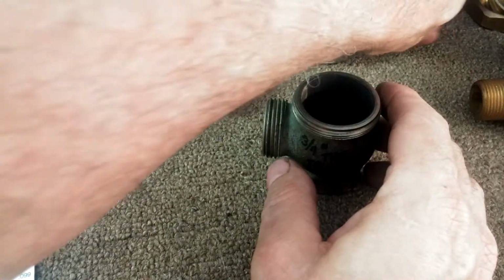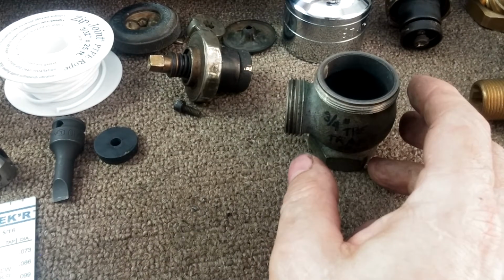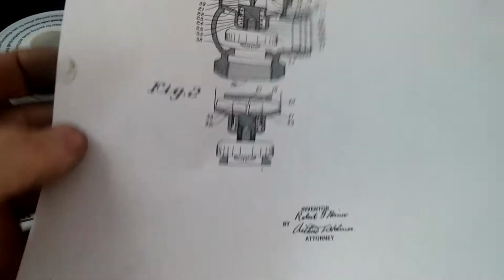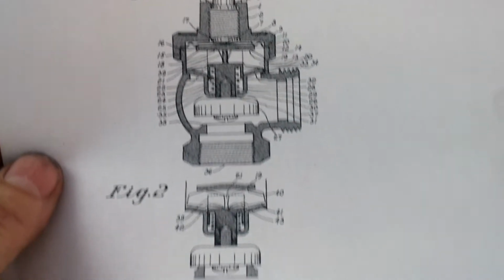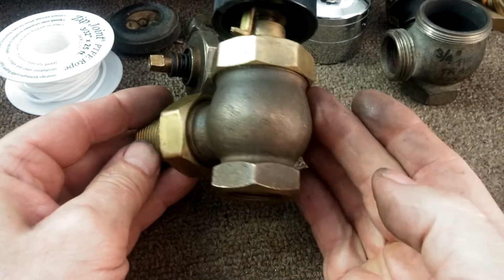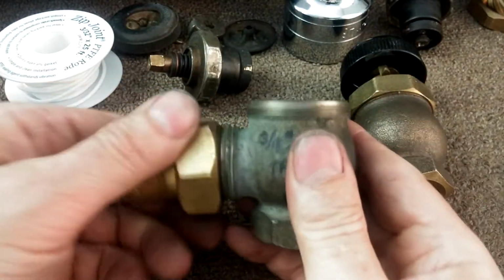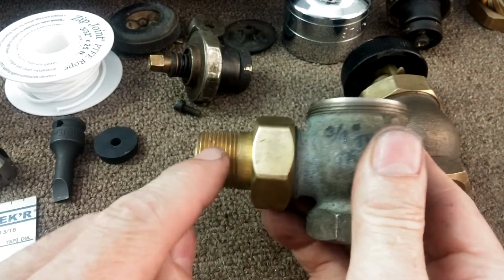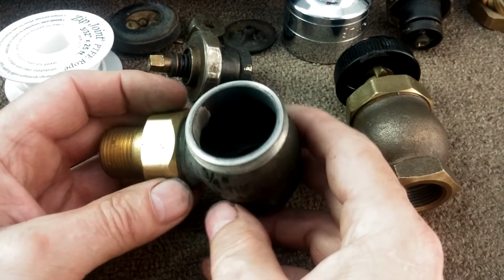So what the Trane company did, starting in the late 30s, is they improved the design. This is the patent information on the improved version of this valve, and here it is. So they use the same body. They use the same spud, which is really nice because then you don't have to remove this radiator spud, but you could not reuse this body